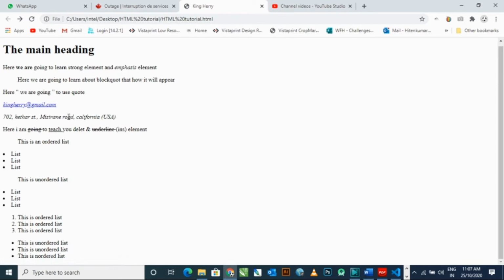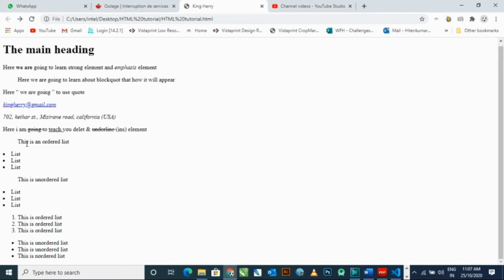Okay, so here I covered the address element, the delete element, the ins element meaning underline, and also the s element to delete any particular word. Delete and s are the same element.